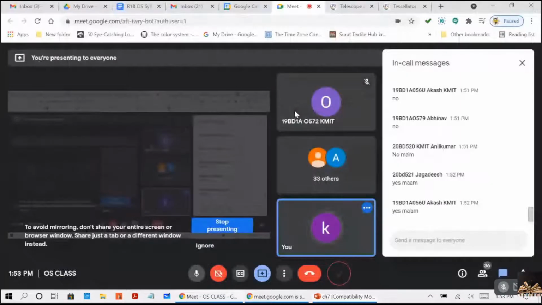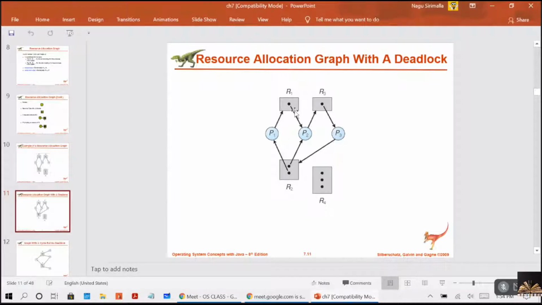Why? Because see, if there is only one printer and a process is holding it and waiting for some other resource, then it will never release the printer. But if I have two printers, in that case any one of the processes can release, no? If one is blocked, the other can release, or it cannot be released. That is the reason I am telling you that if I have more than one instance of the resources, then there is only a possibility of deadlock. I cannot confirm that there is a deadlock, right? So here there is a loop and there is a deadlock.